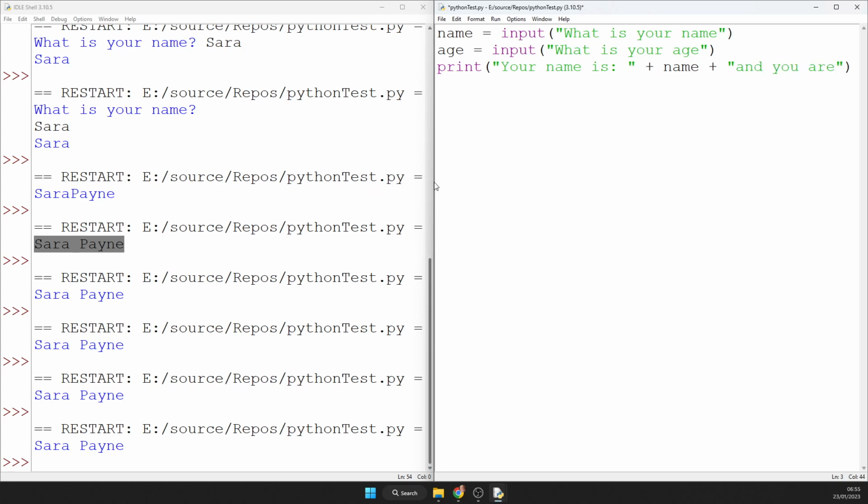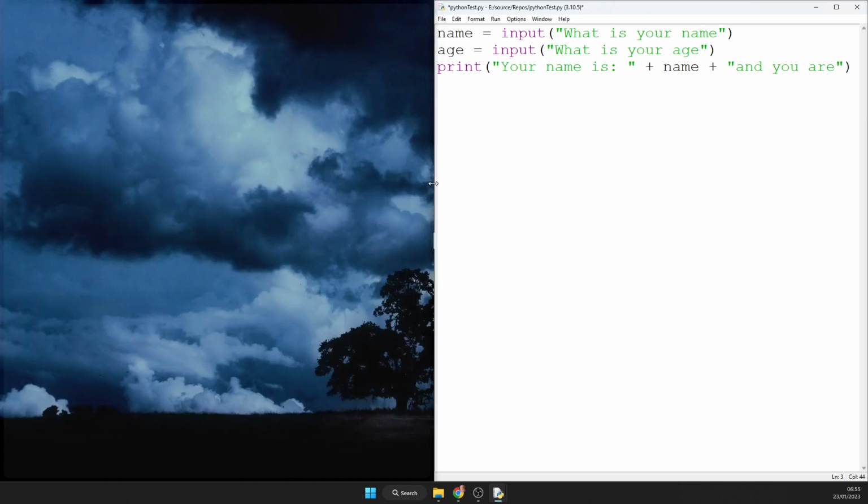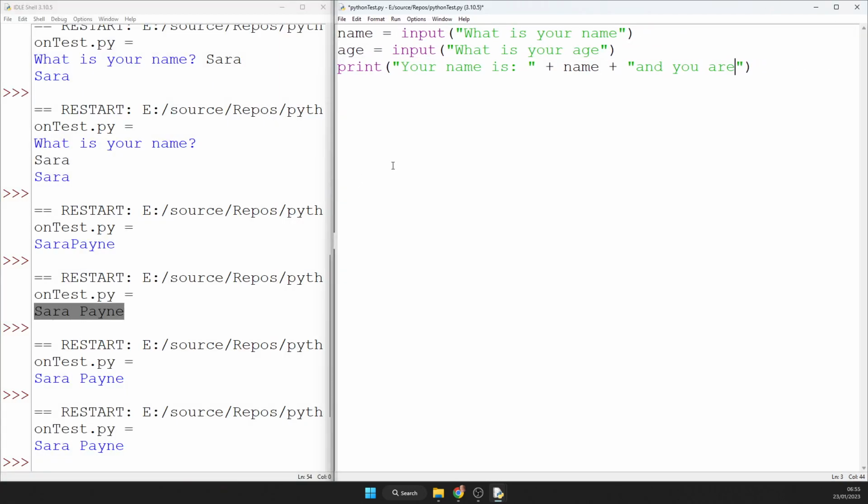And now I need to readjust my windows here. And I'm going to add an extra space in there. Remember that when we're using these concatenation methods, we do need to handle the spaces. Age. So, if I run this now,